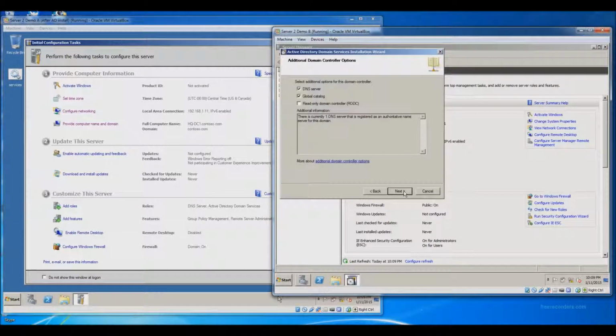Next on that, and here is where we can choose to install additional features or roles if we want to. I am going to untick the DNS server because that's a whole other video, to install DNS server as a secondary zone. So I'm going to leave that off for right now on this particular server, but I'm going to keep the global catalog ticked for now. So next on that,